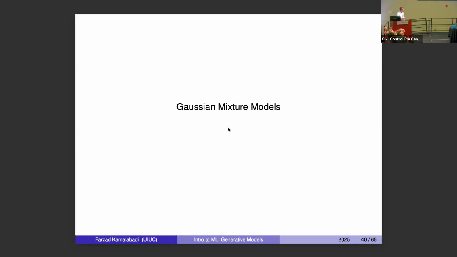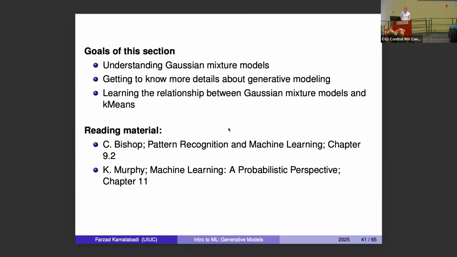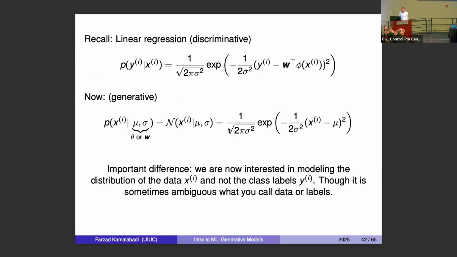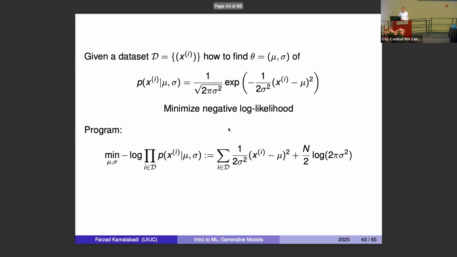But let's see how that comes about. Okay, so again, there are some references here. And we already talked about the formulation. So let's start with a data set D_i. In this case, all I'm saying is that I have cluster data, and I just want to find one Gaussian that corresponds to that data. What does that mean? It's a similar problem to ours.